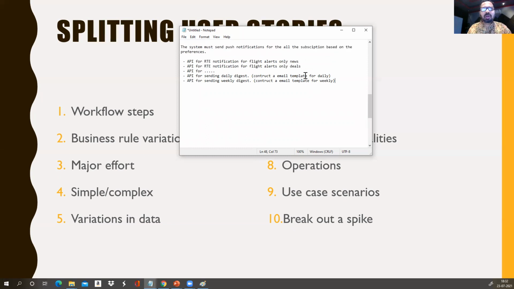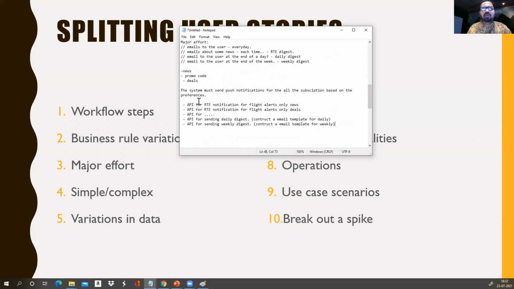Okay. So what you are doing is basically you split that major effort into small minor efforts, and you are incrementally building that. Right. Now we will go to the next one, simple and complex.